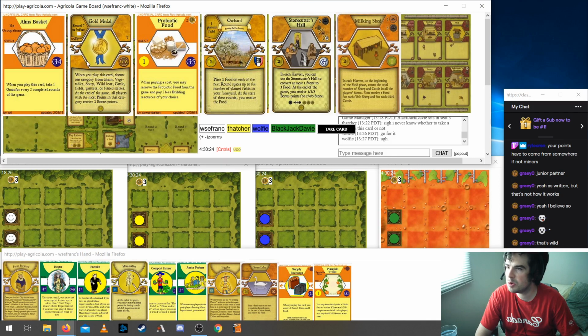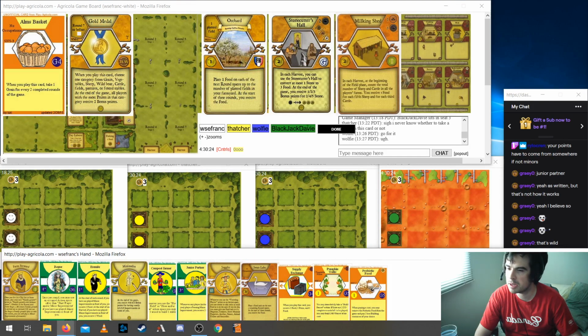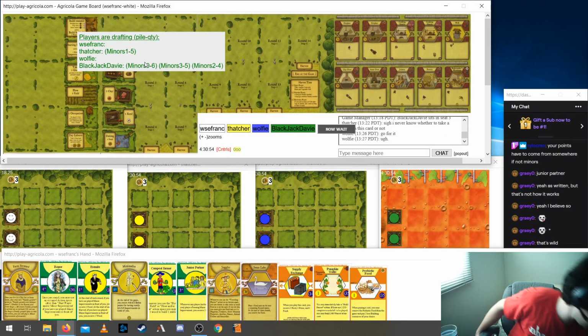Okay, Probiotic Food is interesting because I can make it go away. Like, I can play it and then immediately get rid of it. And none of these other cards are amazing. I don't really want to play Alms Basket with Aramite, of course, so Probiotic Food is solid. I can play it on Start Player and then use it to build a room. Like, it can get me the reed for a room. Although with the Rogue, I have unblockable Reedstone Food, so...